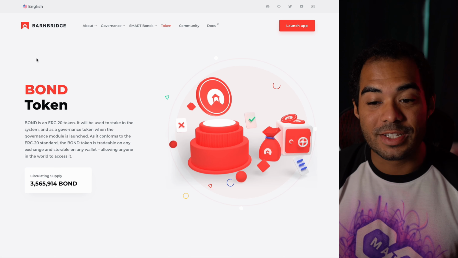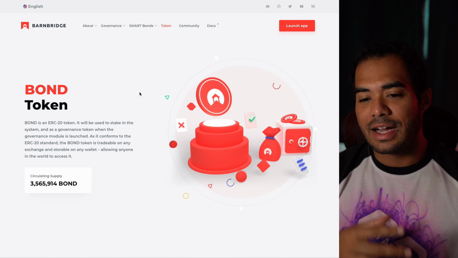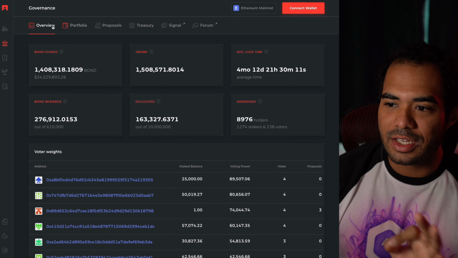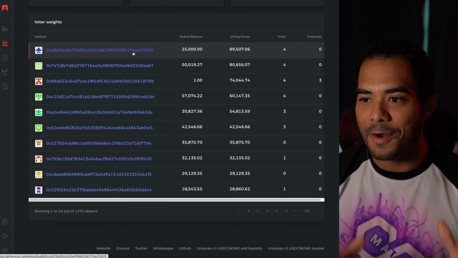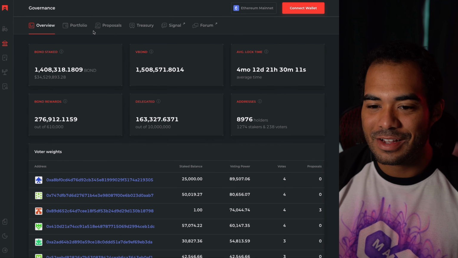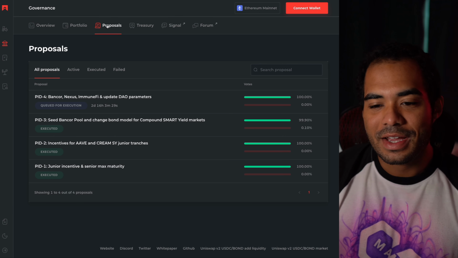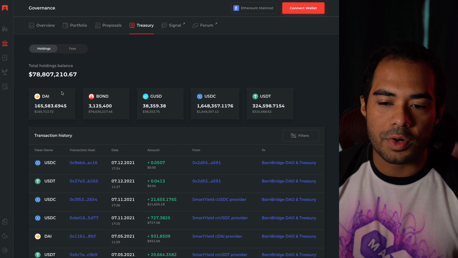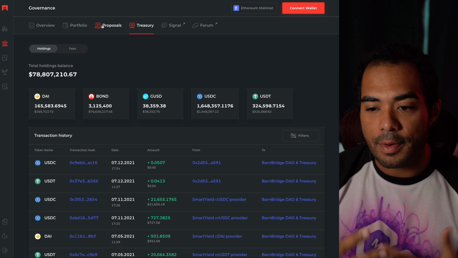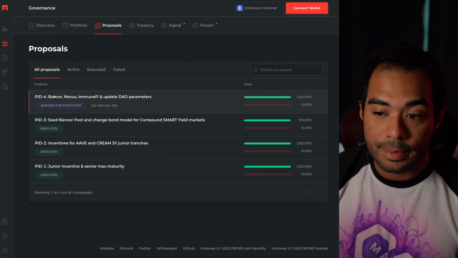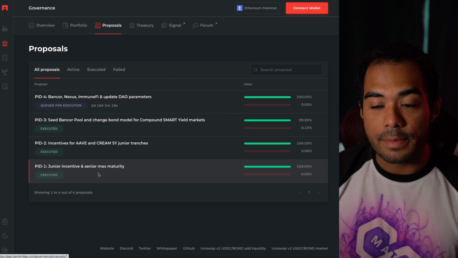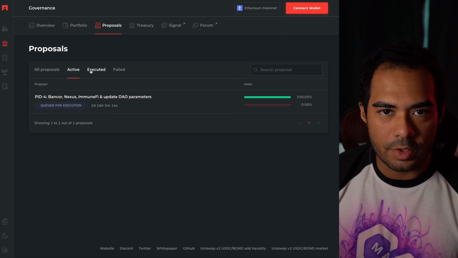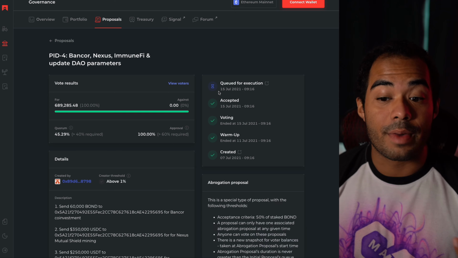Now, the next thing, of course, is going to be Bond, which is the governance token. This is a beautiful platform. I got to say, number one, I don't think I've ever seen a better looking governance platform on any other protocol. So hats off to the designers on this one. But it's pretty much like any other protocol with a DAO. You're able to use bond tokens as voting power when voting on proposals, which of course anyone can put up. You can also delegate voting power to people you trust to vote smartly. Smartly, a word? Pretty much just people you can delegate your bond tokens to vote on your behalf.